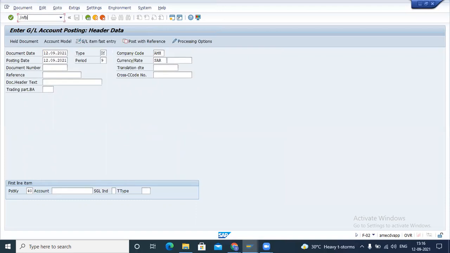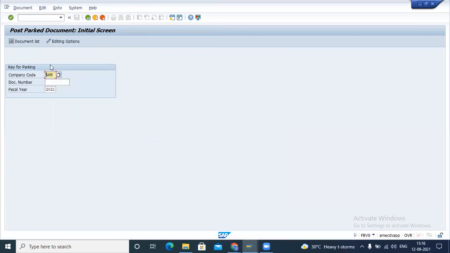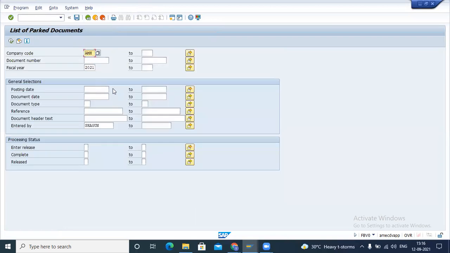Okay, are you using FB01? Let me open one park document from here. One second, I'm taking the parking document from here.